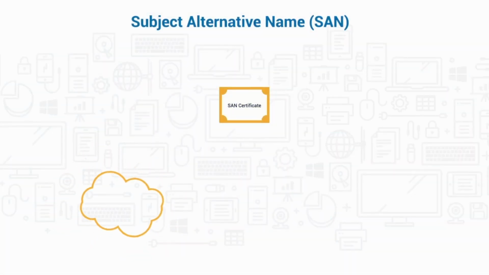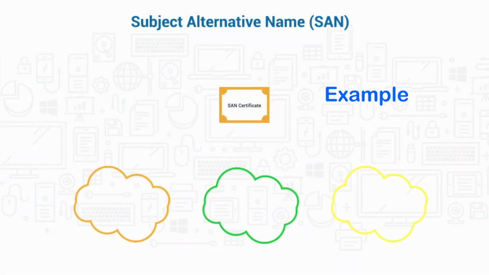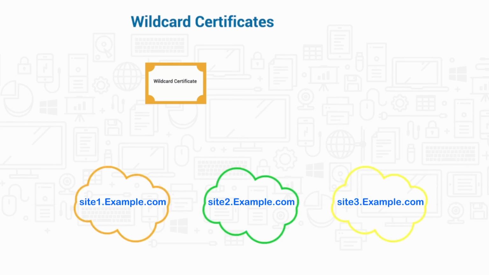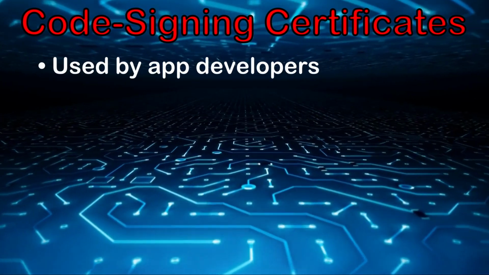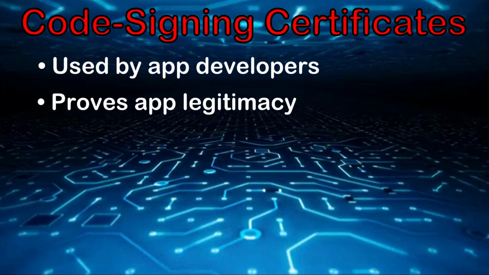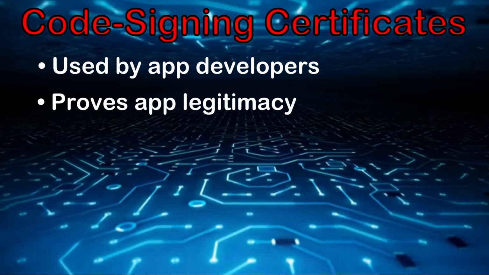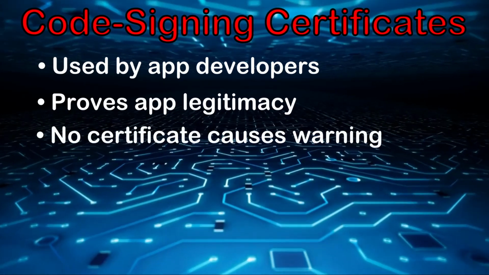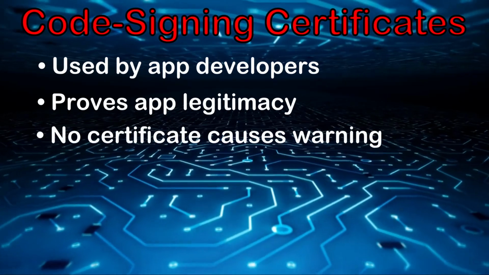Subject Alternative Name Certificates, or SAN certificates, allow an organization to cover multiple domains. Wildcard certificates are like SAN certificates. Wildcard certificates allow an organization to cover unlimited subdomains. Code signing certificates are used by app developers to prove that an application is legitimate and hasn't been altered or compromised. When the user installs a program and there's no certificate, they receive a warning that they shouldn't trust the